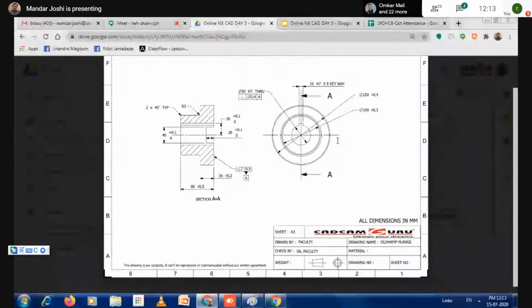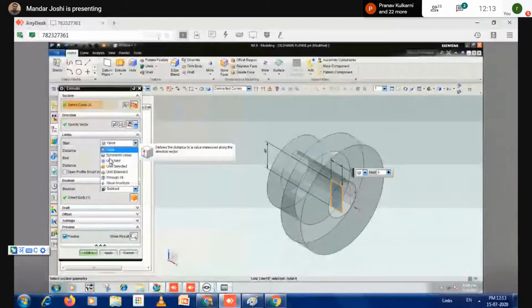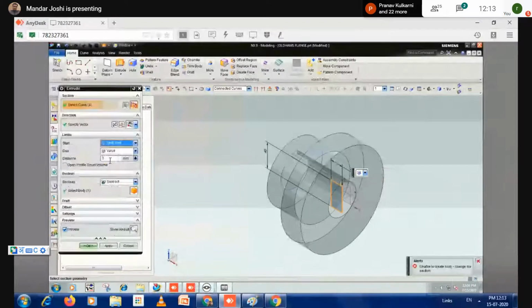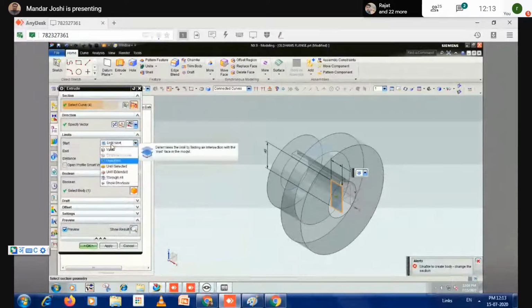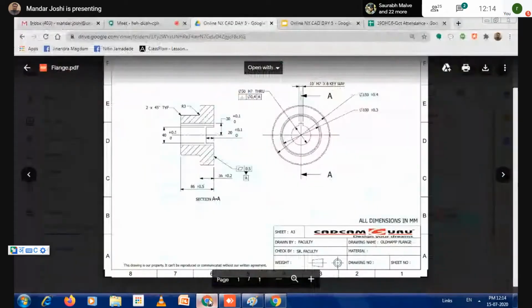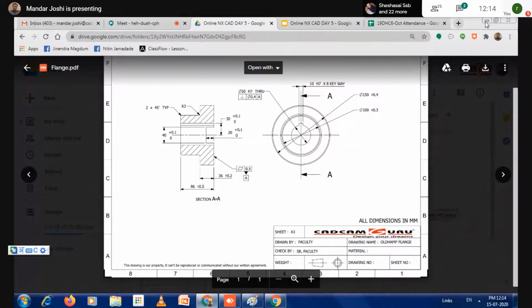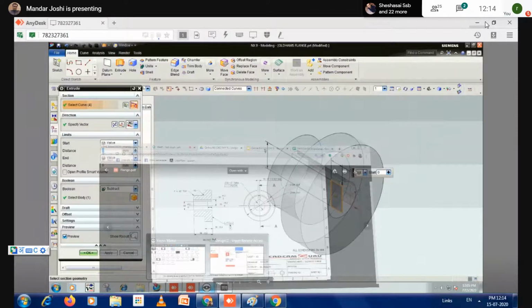So what I will do, I use the up to next option here, directly until next. It's not taking. Okay, it is better to go with the total diameter of this hole or circle. The bigger diameter of the circle is how much? It is 150. Okay, so 75 from this side, 75 from this side, right? So we'll do that. This value becomes 75.